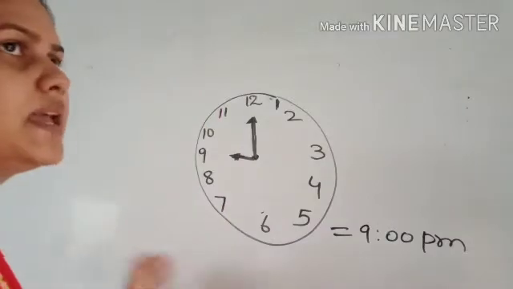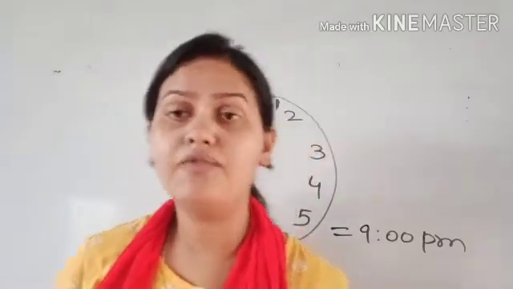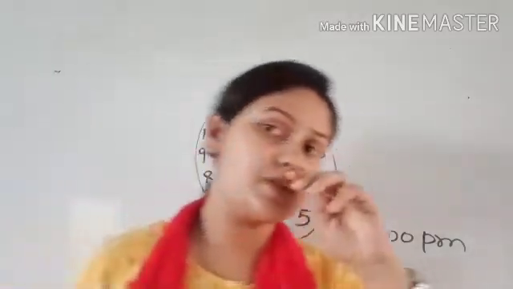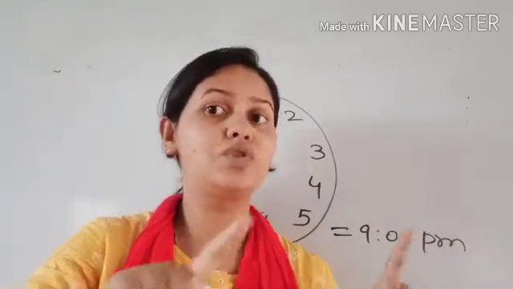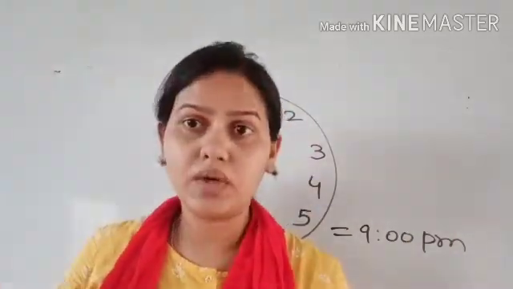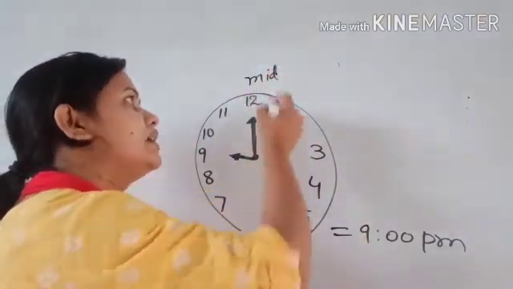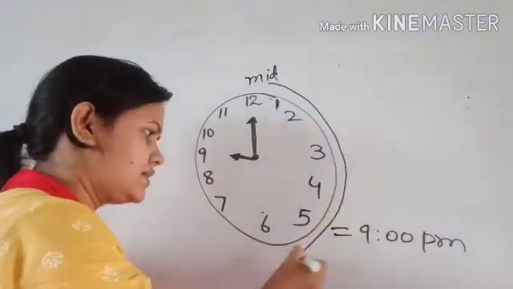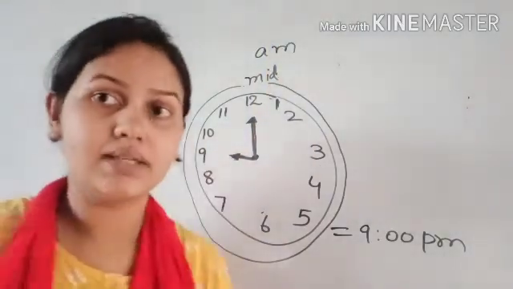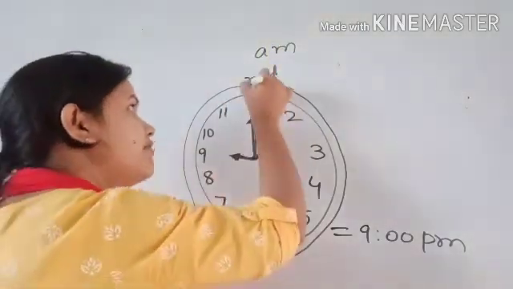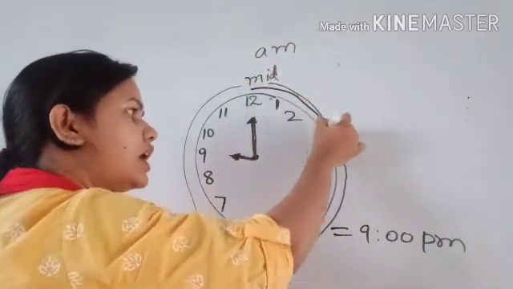Never forget to write PM or AM. You can see in your last lesson where we use AM and where we use PM. AM is from midnight, 12 AM, to 12 PM. Take this as midnight, and it's your AM. But after this, when 12 comes here, we start here again.